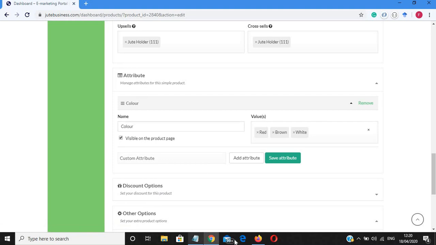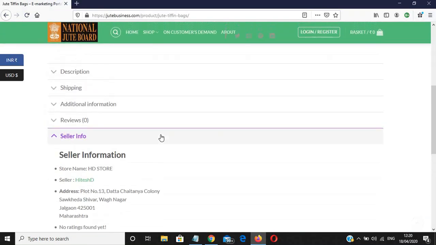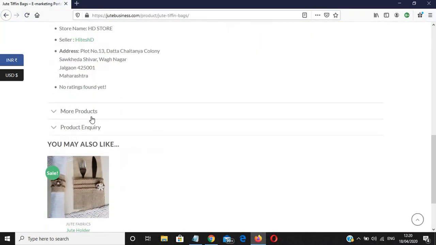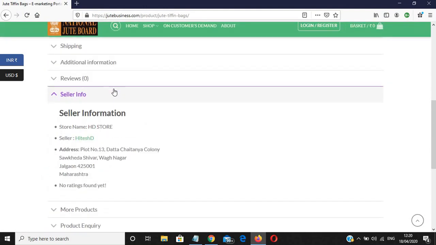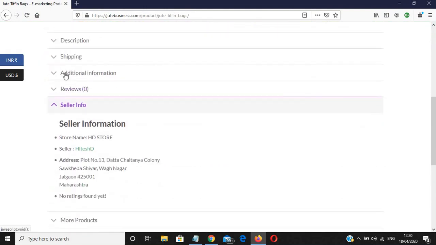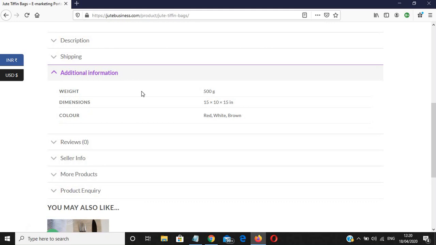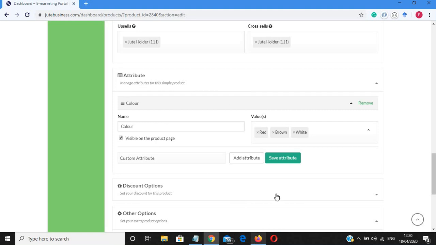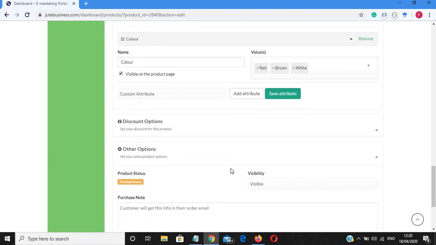This attribute section mostly shows on the product page under additional information. In the additional information, we can see the weight, the dimensions, and the colors available. So in additional information, these attributes will be shown. Okay, so after that we have to